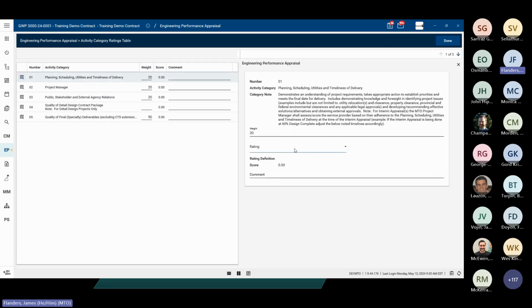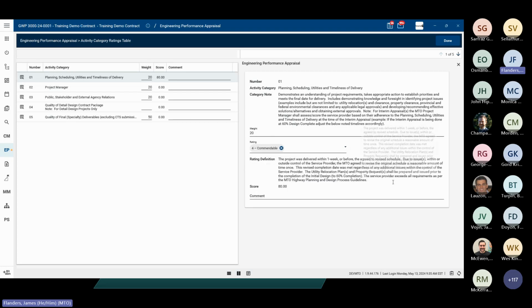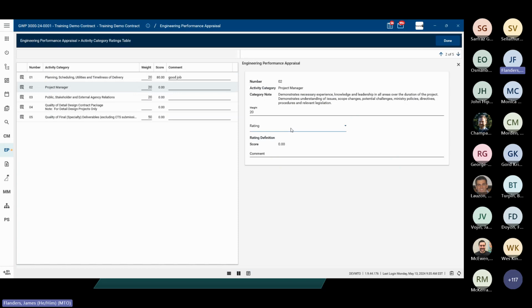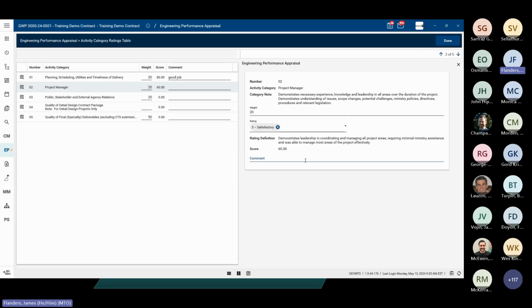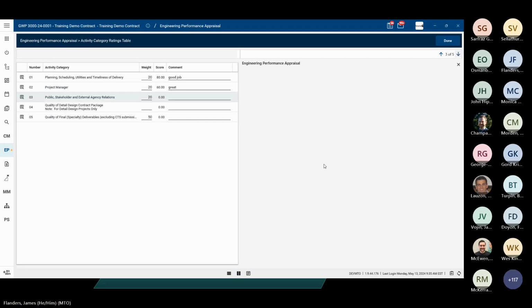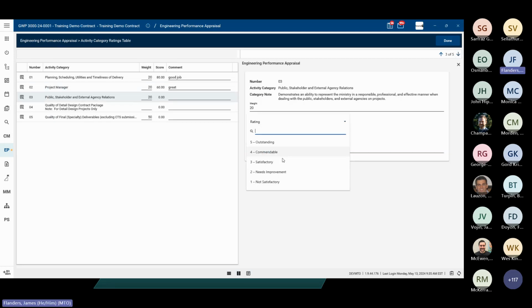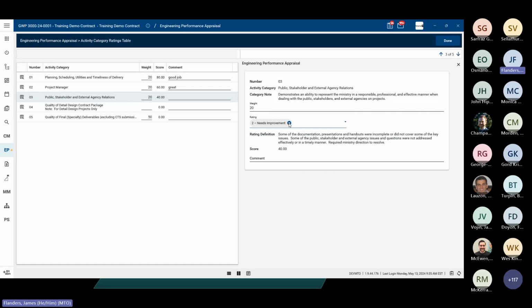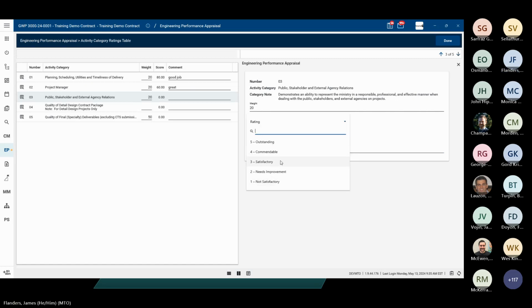So here we can select our ratings. So we can say that it was commendable, and then it gives us that same details that the Excel document has up to this point. And we can put in a comment. Good job. And then we can cycle through each of these. So rating satisfactory, great. Public stakeholder relations, just for the section here. Let's give this one 3,